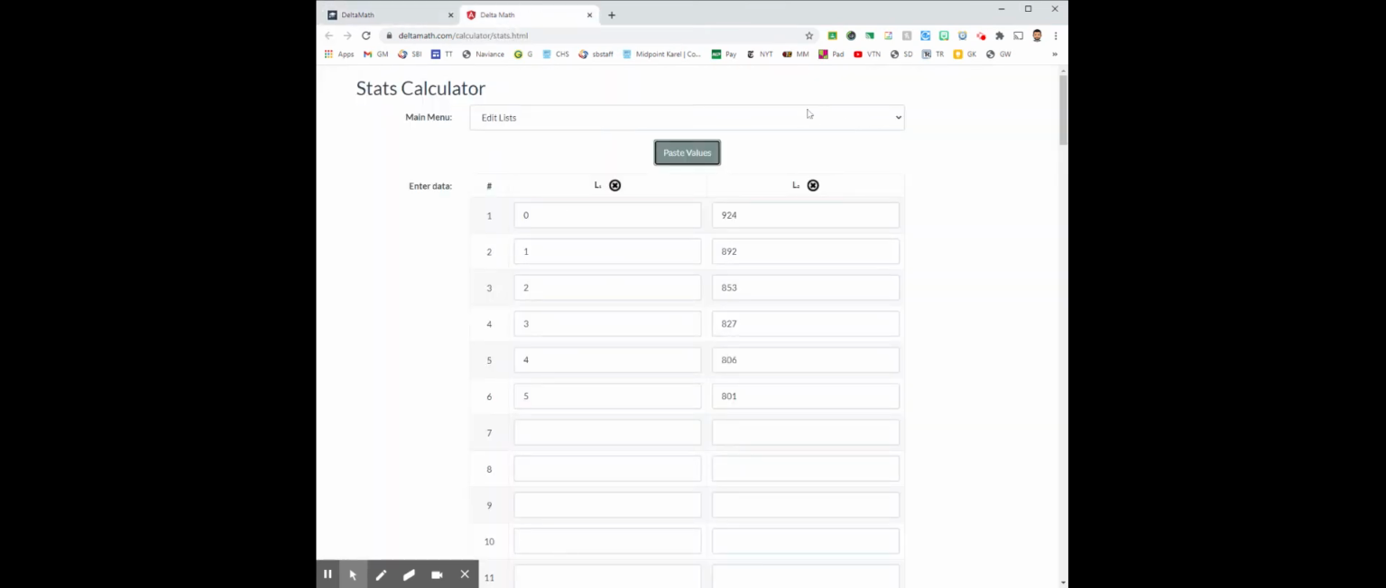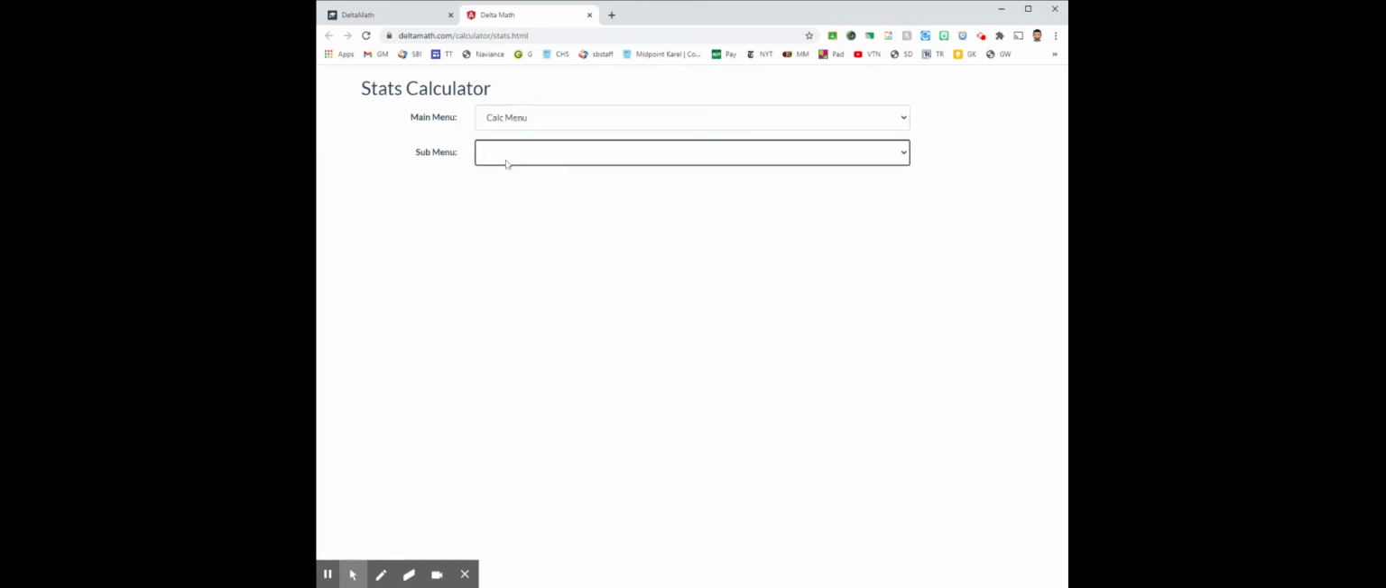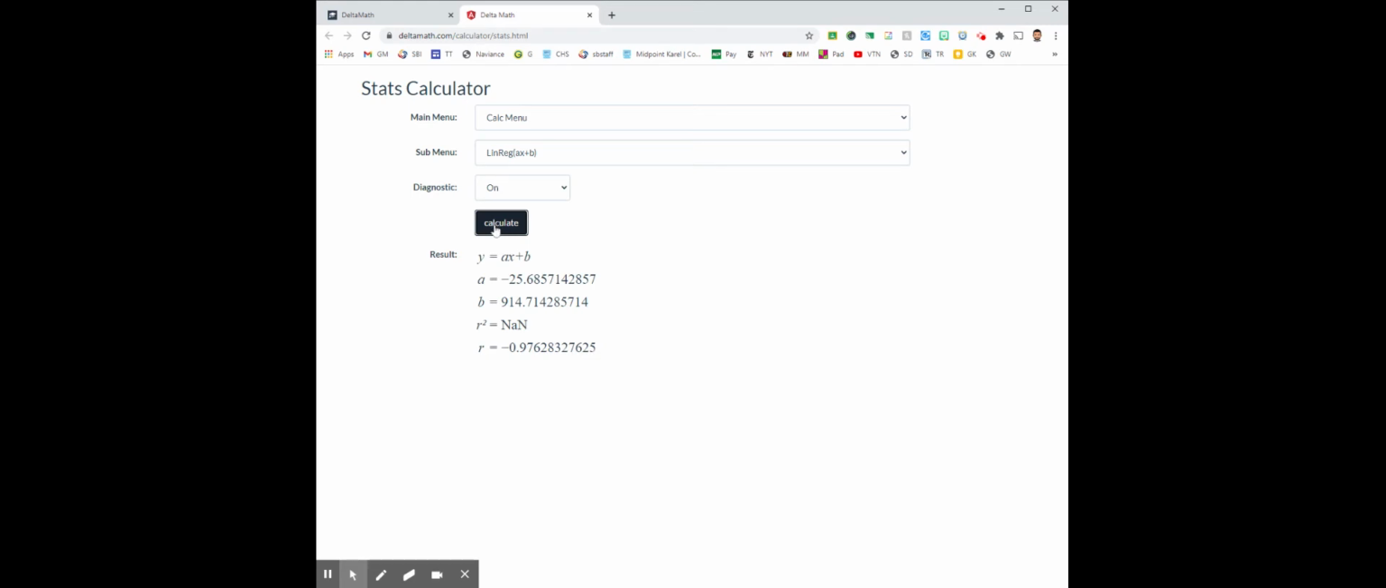Now, all I need to do is come up to this menu, and I am going to click the Calc menu and Linear Regression. I could do Calculate. It doesn't matter if I have off or on for the diagnostic. It just gives you a little more information that you don't strictly need. So this says that A is negative 25.6. Basically, what that means is the crime is decreasing by about 25.6 cases per year, starting with